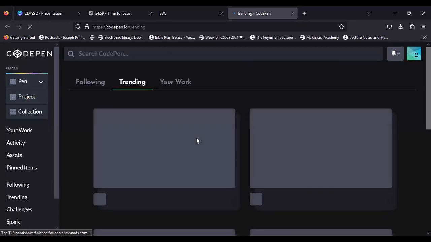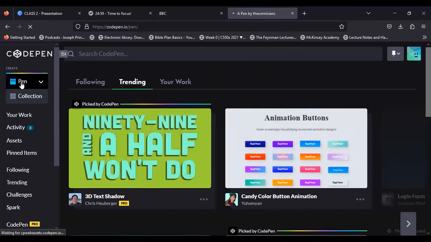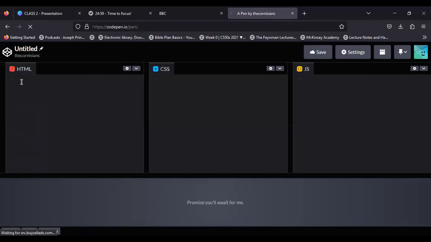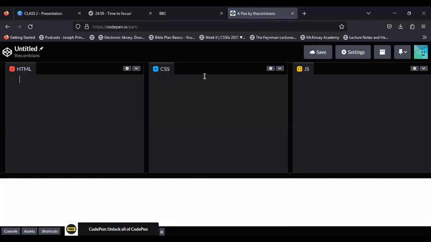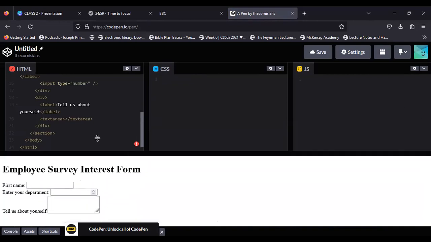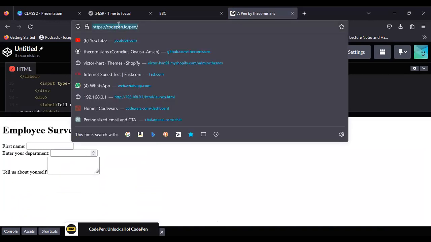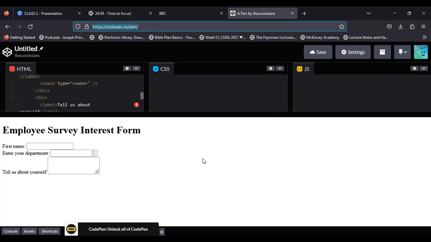When you go on CodePen, if you don't have an account, create an account. If you create an account, it will bring you here. On your left, you see Pen. Click on Pen, and it opens up a window for you to put HTML, CSS, JavaScript. So for example, if I copy the code we just wrote and I put it here, it automatically generates what I was doing. And then it becomes easy to share because I can just copy my pen link and send it to you, so that anybody can open it and look at it quickly